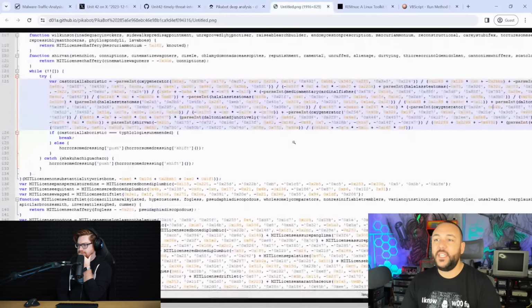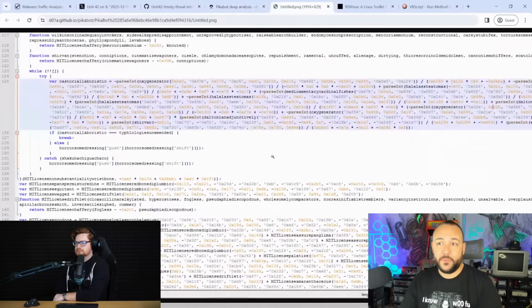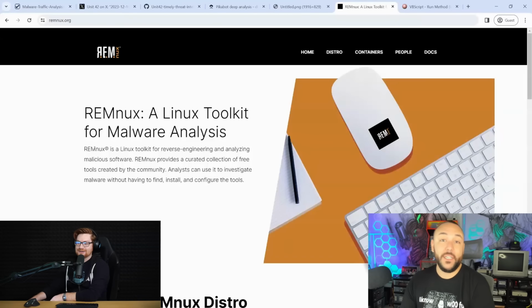But this first stage involved this JavaScript right here, which is not the JavaScript from the one from Malware Traffic Analysis. And I thought, what would be really fun is to pull apart the JavaScript and analyze it. And then if it's worthy, depending on what it looks like, then show that off. And it is. And that's what we're going to do. Now, first, sorry, I gotta ask because this is something that I am always screaming